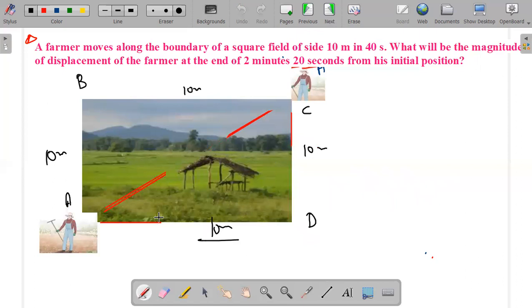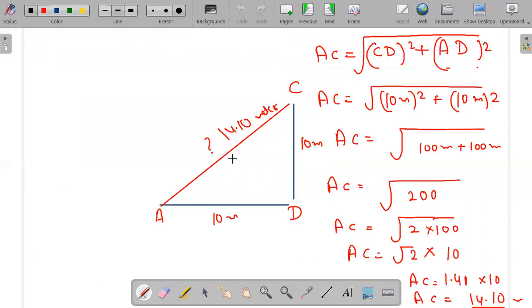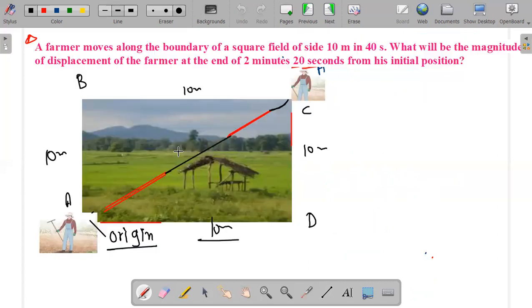But what is displacement? How far he is from the origin. So actually he is only this much far from his origin, A to C, and I have to find how far he is from the origin, and his origin is at A. That is the origin. I told you that displacement can be the shortcut. So I have to answer in shortcut, and this is a triangle, and after making the triangle I can answer this question. So that is the gap, the displacement, that is 14.10 meter. So I can find the displacement between A and C.